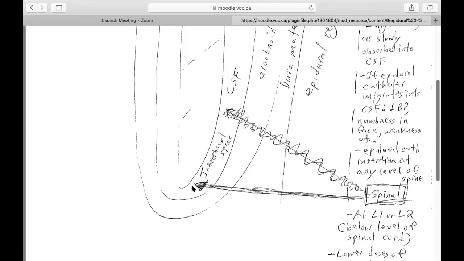Again, it's a one-time, literally shot injection into the L1 or L2 space in the intrathecal region. The purpose of it is to cause numbness and loss of movement in that area for surgical reasons. And then when they get back to the ward, you want to monitor for the return of movement and sensation, especially. And for sensation, you'll do something called a dermatome check, which we'll talk about a little bit later. So that's the spinal. Now we move to something else, which is called the